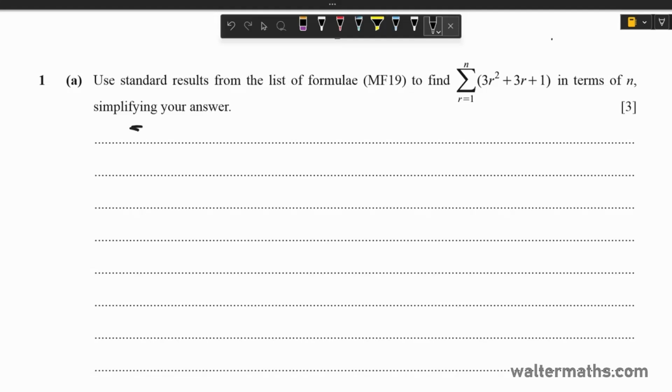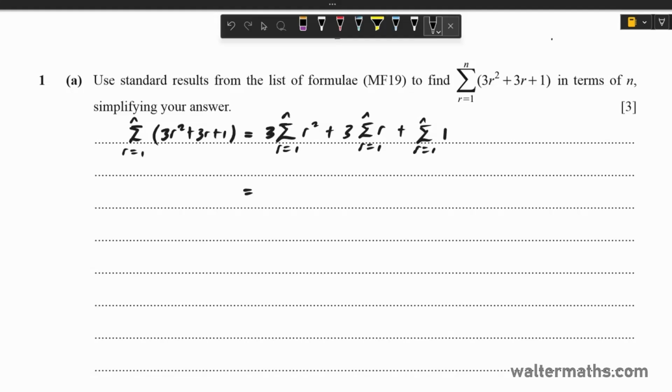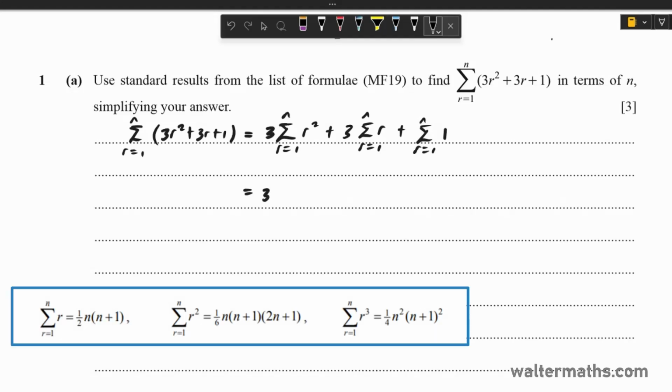Here we have the sum from r equals 1 up to n of 3r squared plus 3r plus 1. This is the same as 3 times the sum from r equals 1 up to n of terms of the form r squared, plus 3 times the sum from r equals 1 up to n of terms of the form r, plus the sum from r equals 1 up to n of 1. So this is what we have, and if you go to MF19, the sum of squares of r will actually